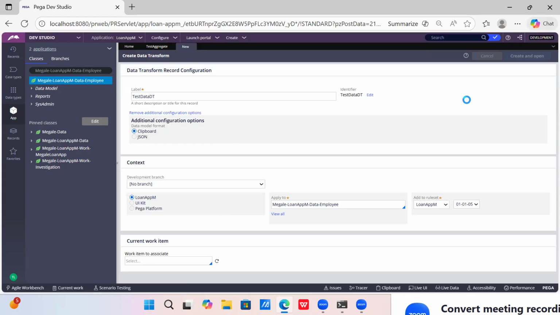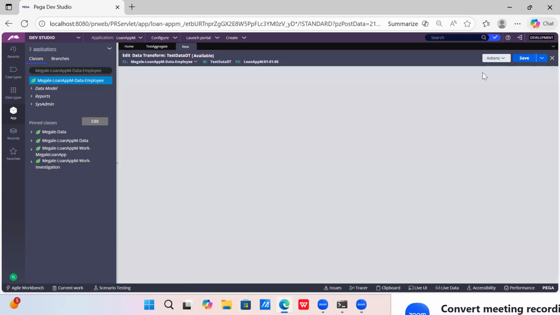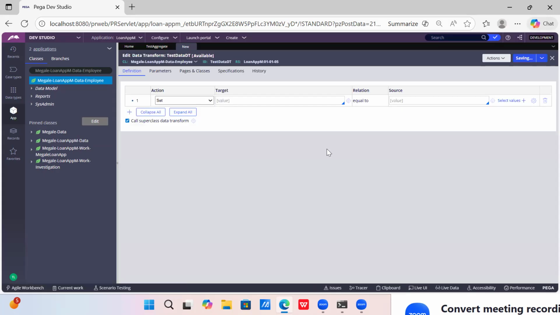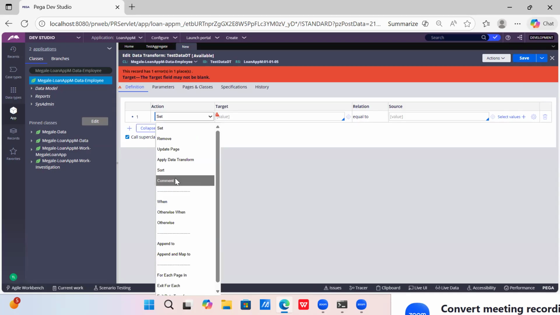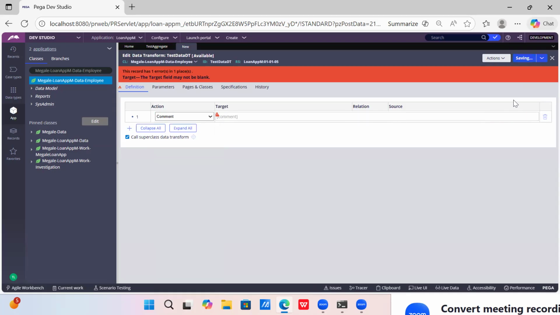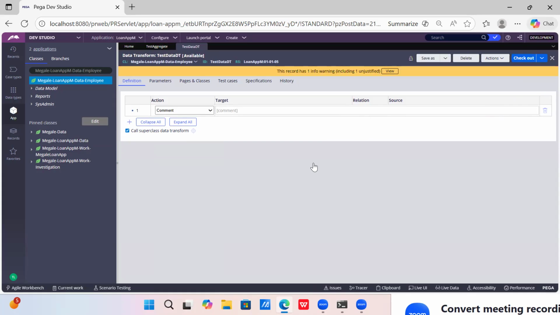I'm just creating and opening. You could see my data transform got created. I'm just saving this one, not doing any modifications. Okay, I will just do one thing. Don't do anything here, just comment here. I'm saving this one. So I've created one data transform, that is test data DT. This is the data transform and it belongs to the class of data employee.